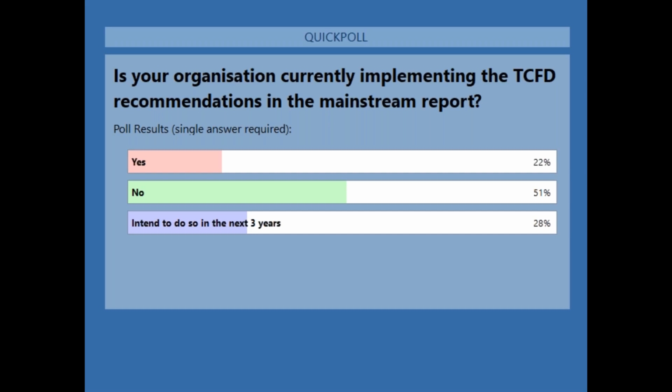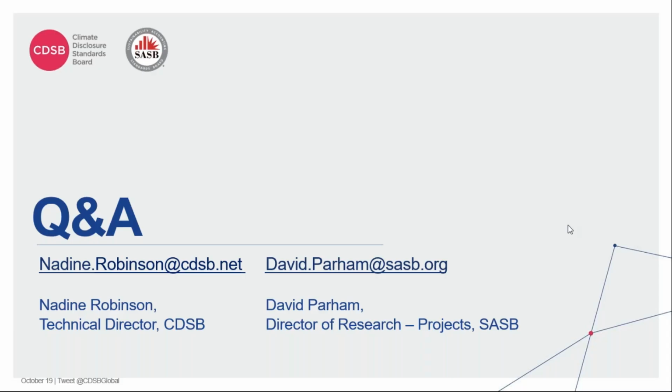Sure. The first thing I'd like to say is that the UK released its green finance strategy in July, and they included an expectation that all listed companies and asset owners in the UK should make their disclosures in line with the TCFD by 2022. So within three years, we expect all listed companies and asset owners will be making TCFD-aligned